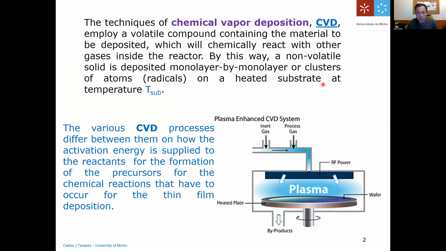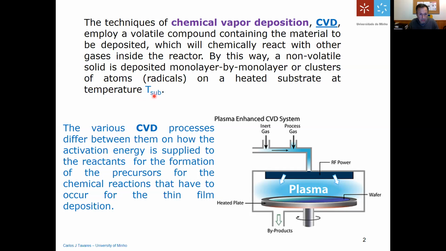So the techniques of chemical vapor deposition, CVD, normally employ a volatile compound containing the material to be deposited. So it contains a precursor gas normally, which will chemically react with other gas inside the CVD reactor. In this way, a non-volatile solid is deposited in a very controlled way, precisely monolayer by monolayer, or it can also be deposited in the form of clusters of atoms. And normally it's on a heated substrate at a specific temperature, which is